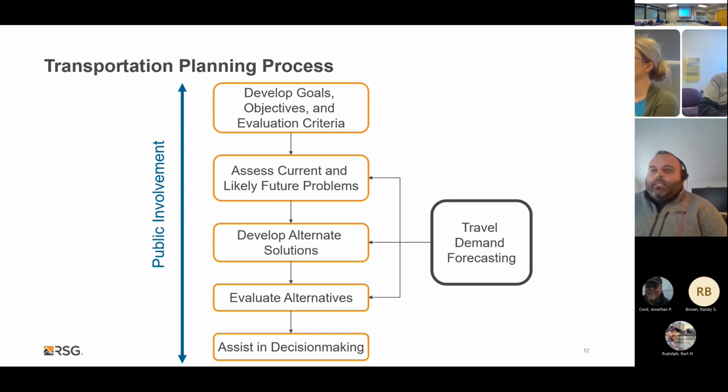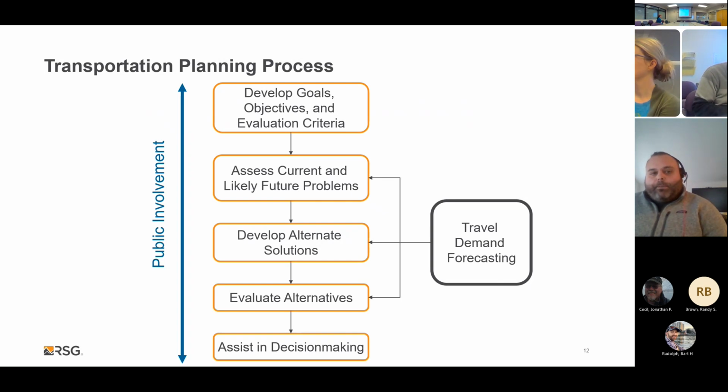And travel demand forecasting can play a role in the middle of these processes too. So as the MPO or the state is developing their vision, goals and objectives, and their performance measurement or evaluation criteria, those should be incorporated into the travel demand forecasting process. So you want to make sure that as you're thinking about the travel demand model, what does the travel demand model do? What are the planning questions that you're going to ask? Because there needs to be a feedback mechanism in the design of the travel demand model for the planning process that the agency is following.